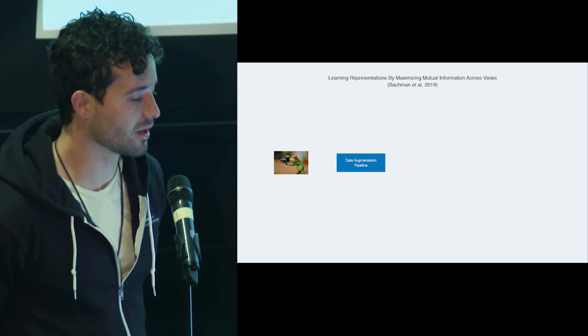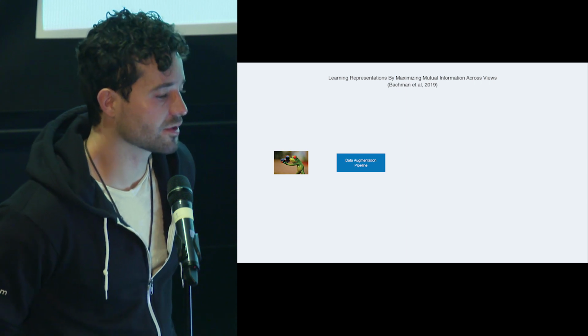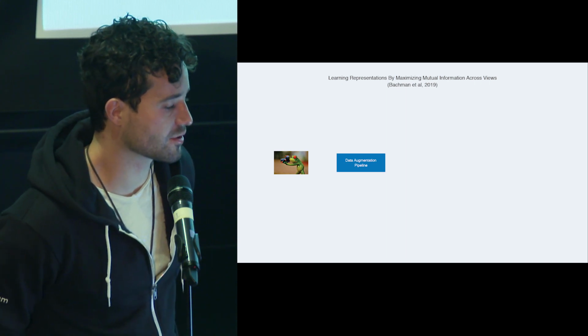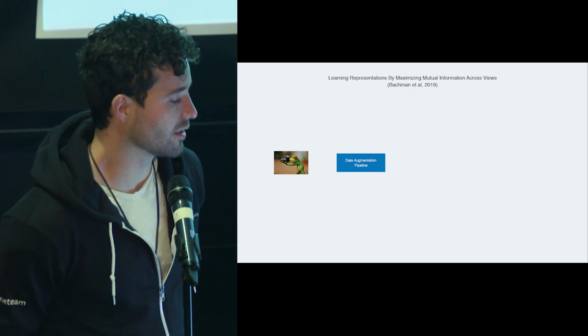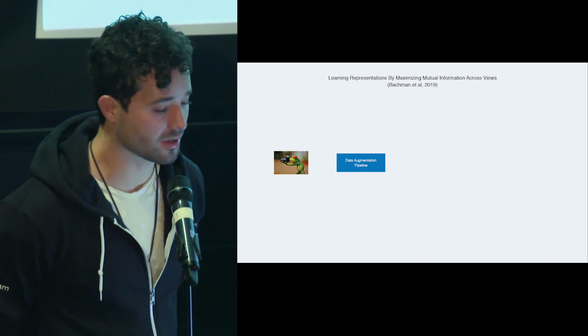Okay, so this is the first. Now we're getting to our research. So this is the first work that I'll explain. It's learning representations by maximizing mutual information across views. This is from Mila, so Joshua Bengio's lab, and MSR, Microsoft Research. And you have this image, and basically it's like a 4-stage process, right? So you take this image, you run it through this data augmentation pipeline, and that pipeline gives you 2 versions of the same image. It's unsupervised, we don't have labels.